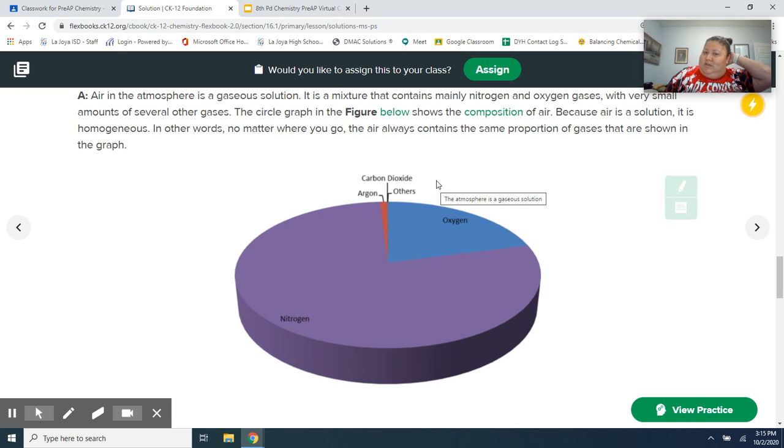Okay? So you have an example of we talked about a lot of examples of liquid. We said alloys are examples of mixtures in the solid state, and air is an example of a mixture or a solution in the gas state. Okay? So solutions can be in any of the three states of matter. Okay?